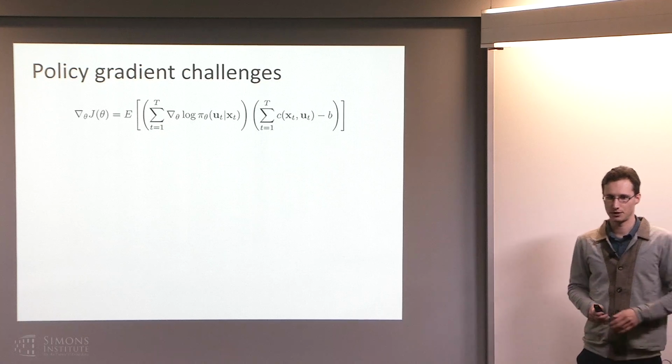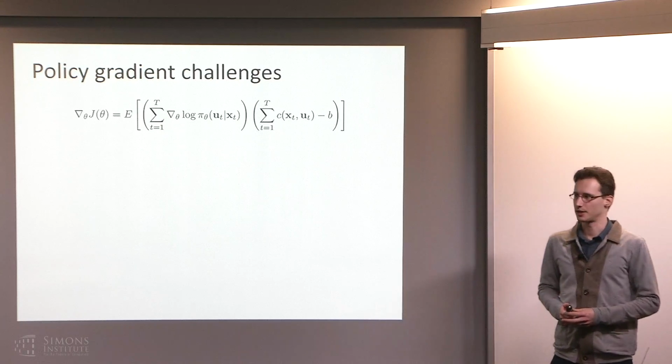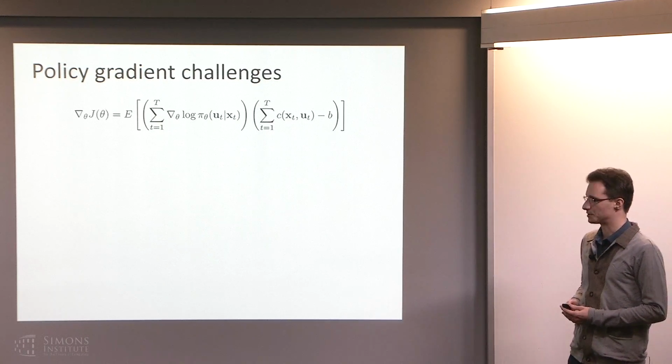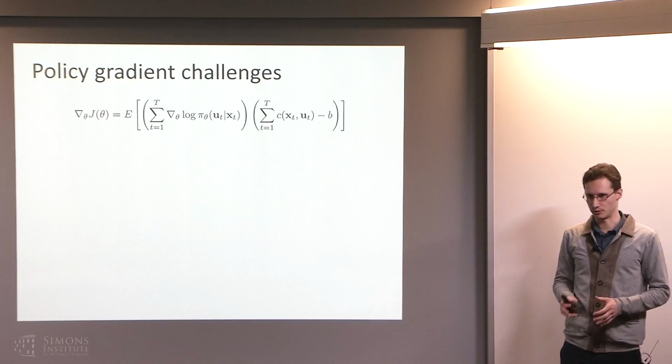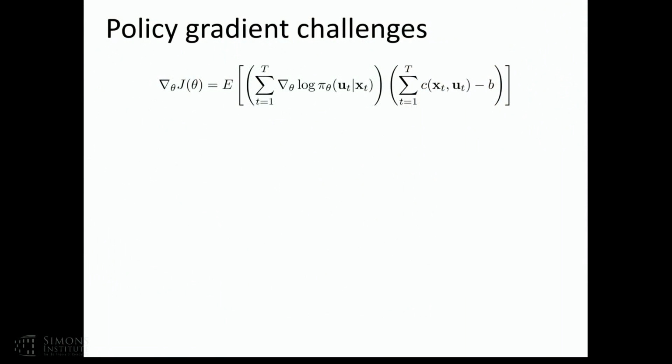Now, unfortunately, the story doesn't quite end there. This kind of likelihood ratio policy gradient method in its vanilla form often is not so great when you have to deal with really high dimensional policy classes like deep neural networks. It typically gives you a very high variance estimate of the gradient, even if you use a clever baseline. Smarter baselines can help with that.